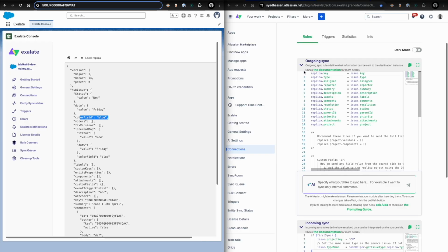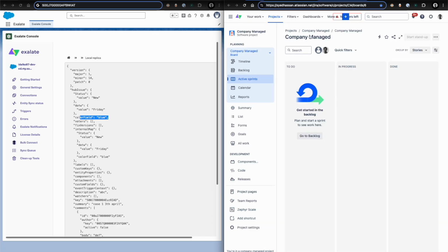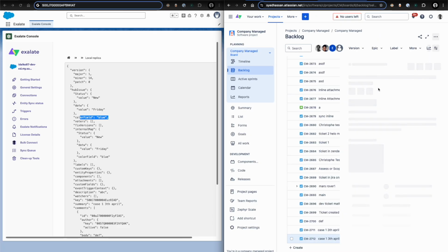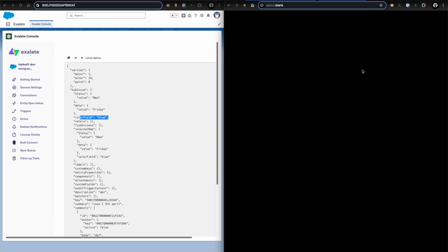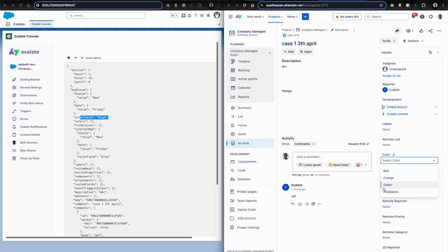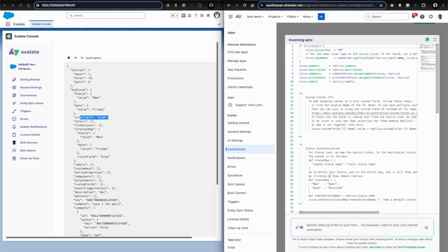So now on the destination side, what you want to do is you just reassign it. So let's see here in backlog, let's find the ticket. And then let's add it to, for example, remote num. So in Jira, you can just take the display name, and here is some dummy code. So I'm just going to expand it, and we can see here. I'm just going to change it to this. And then